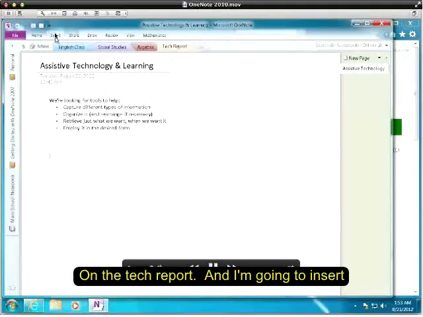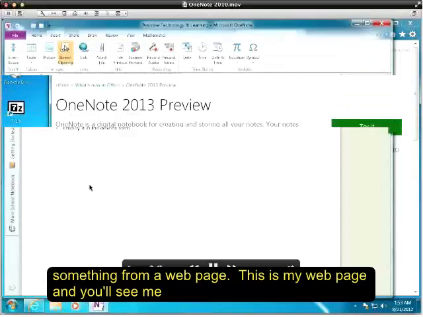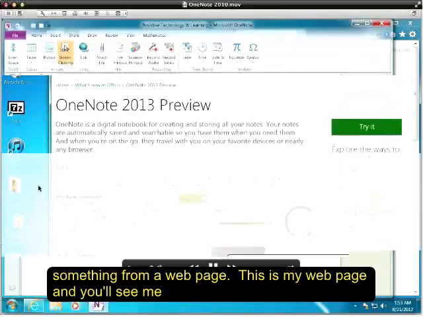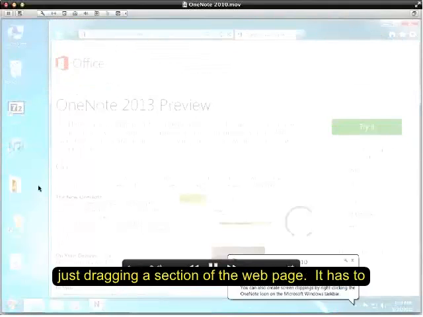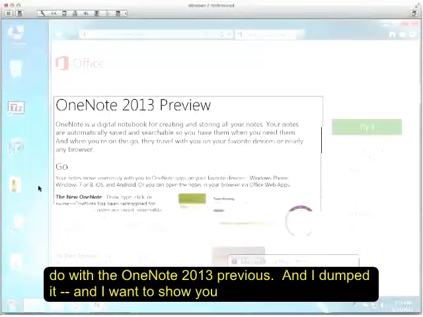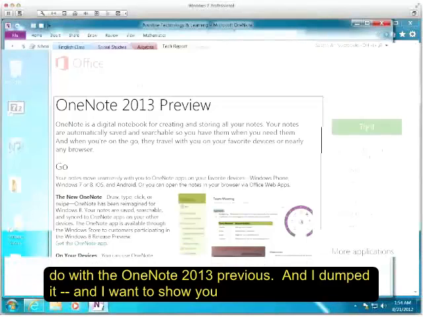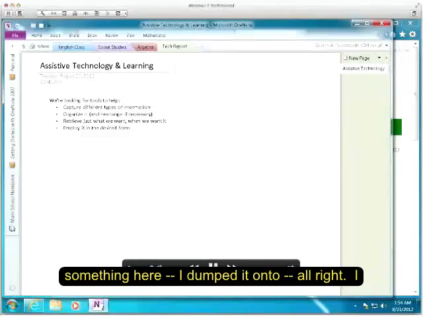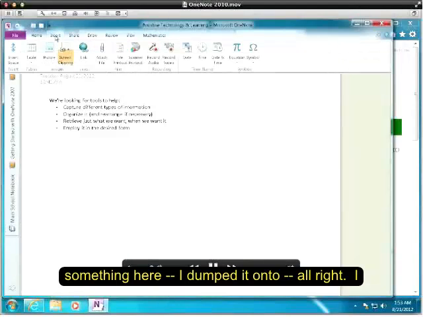And then I'm going to insert something from a web page. I go up here and I say screen clipping. And this is my web page, and you'll see me just kind of dragging a section of the web page. It has to do with a OneNote 2013 preview. And then I dumped it onto, and I want to show you something here. I dumped it onto,